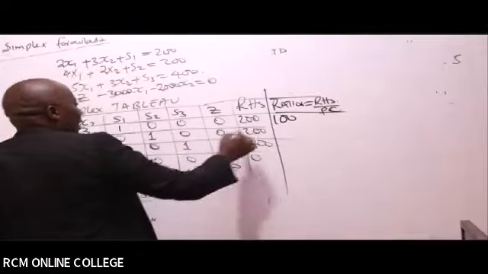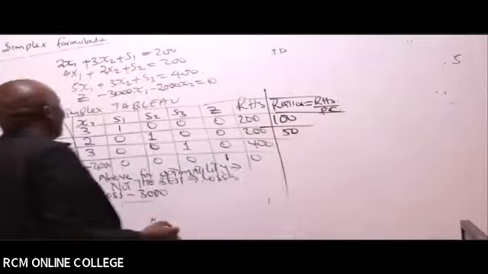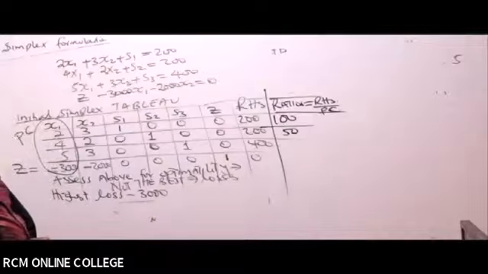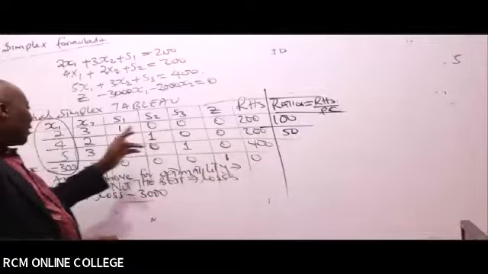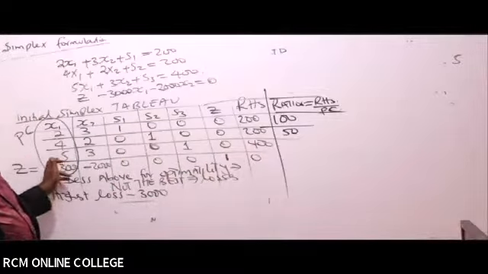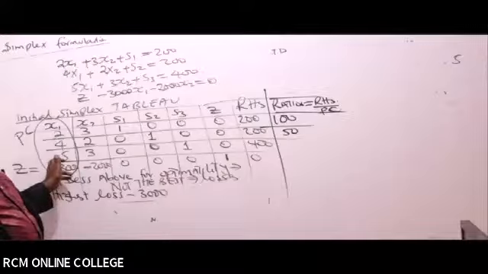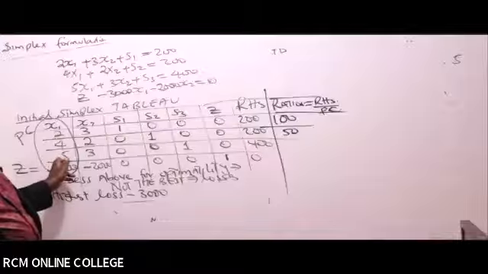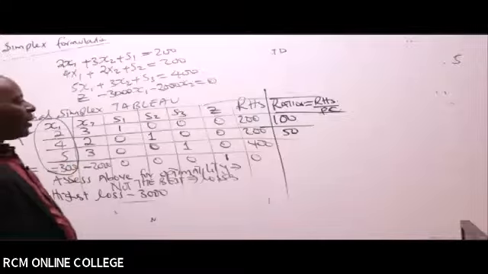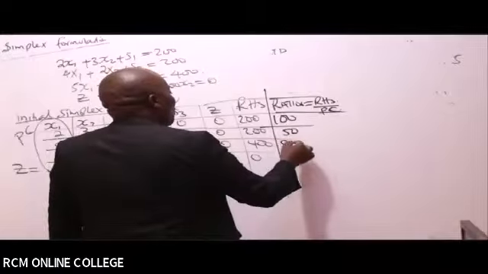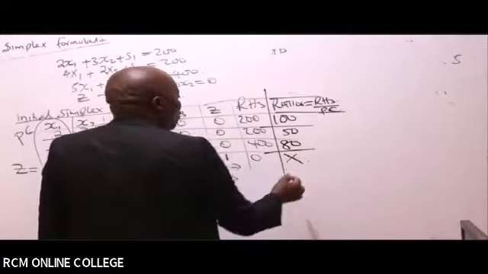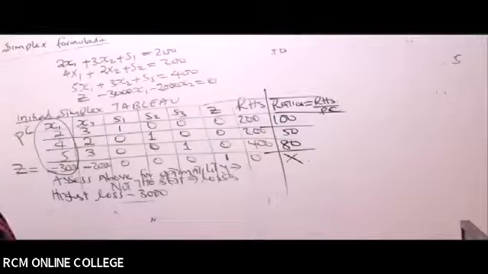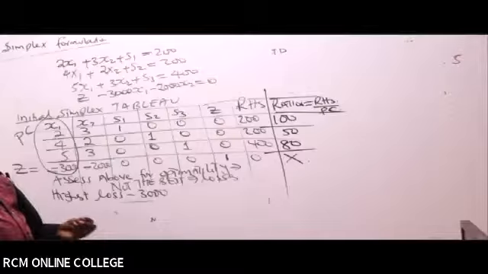200 divided by 4 gives me 50. And then we have 400 divided by 5, which gives me 80. Thank you so much. And remember, we don't calculate a ratio for the Z row. So once we get the ratios,